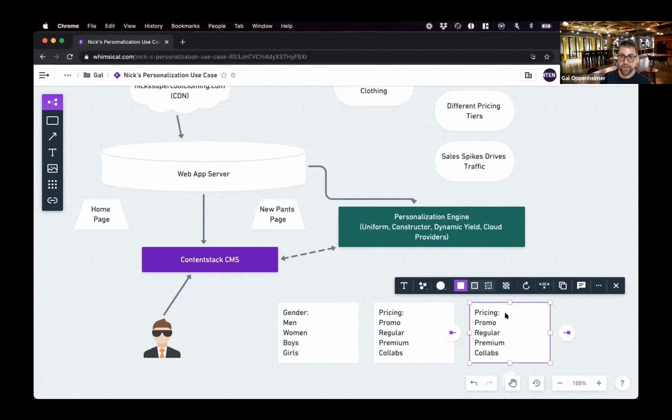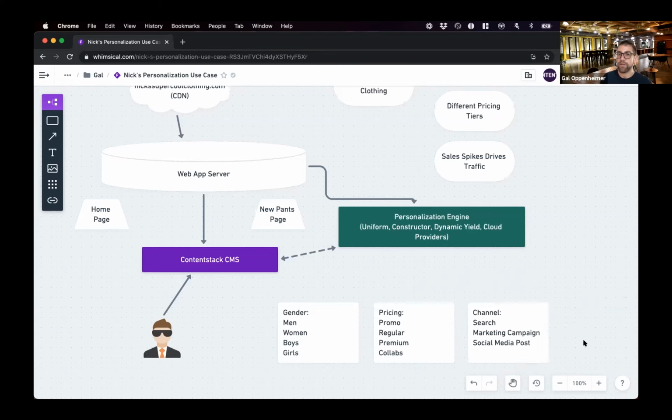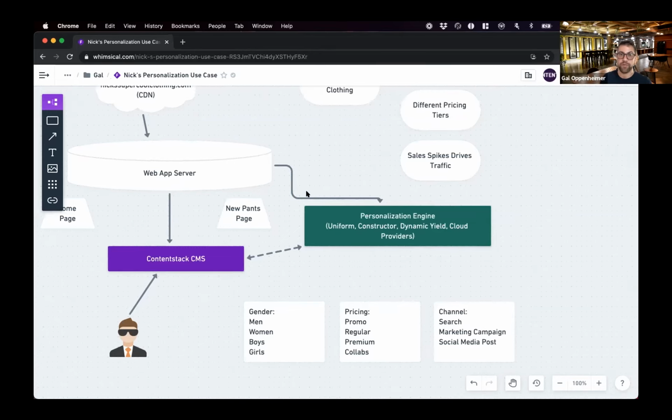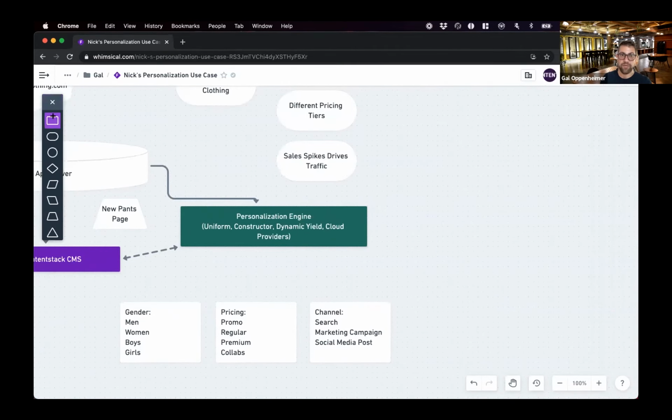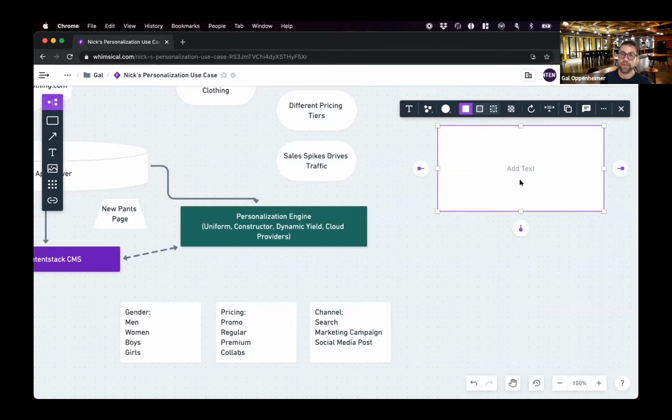And then you'll have the channel of where they come from. It might be straight from search. They might be coming in from a marketing campaign. They might be coming in from social media. And all these different tags are sitting both in the system and over here. So if we go back to the use case we had before, instead of doing the full page, let's say I'm creating a banner.